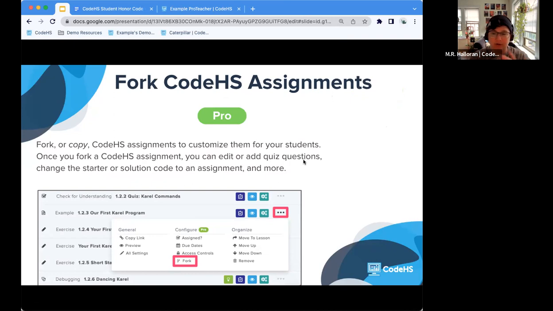You can take away questions, add questions, completely customize it. If you're editing an exercise, you can change the starter or the solution code or the description. You can add more requirements. You can modify it so that they're doing the base assignment, but you add an extra extension requirement that you're looking for. So forking can be a really good way to